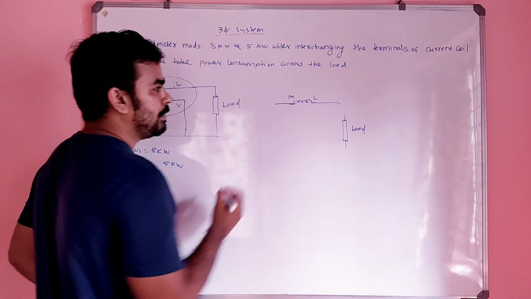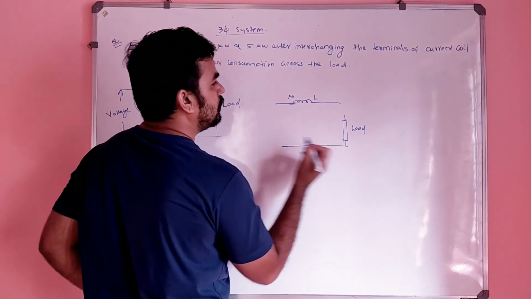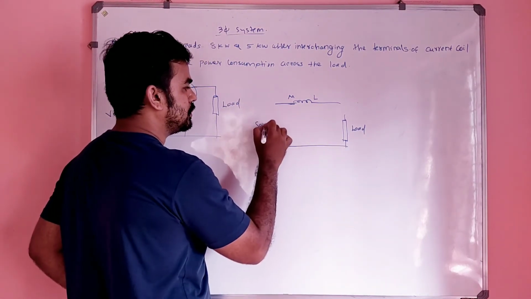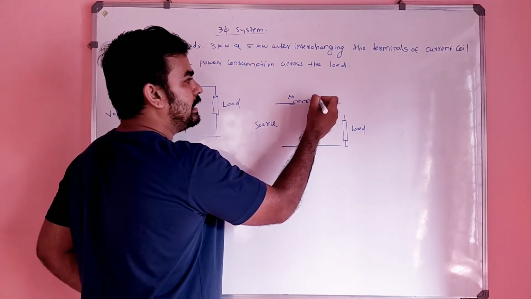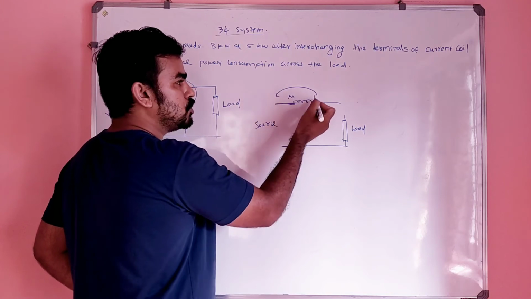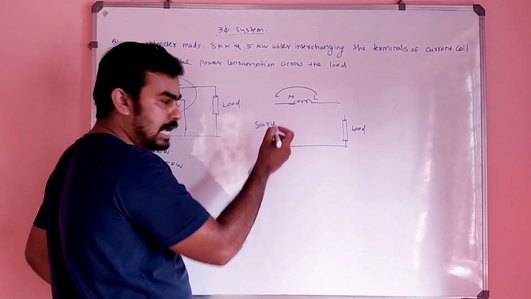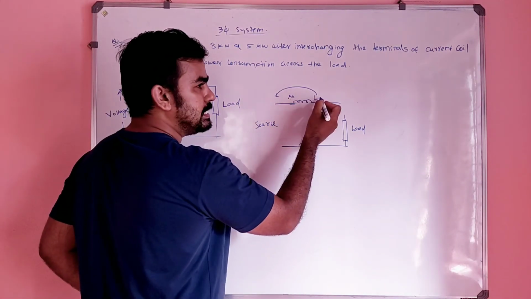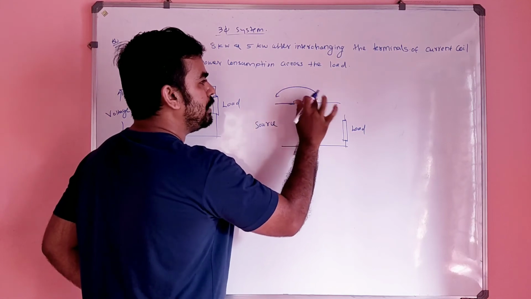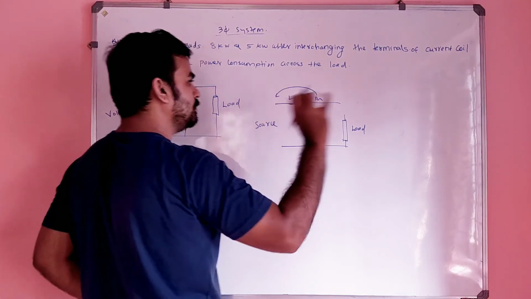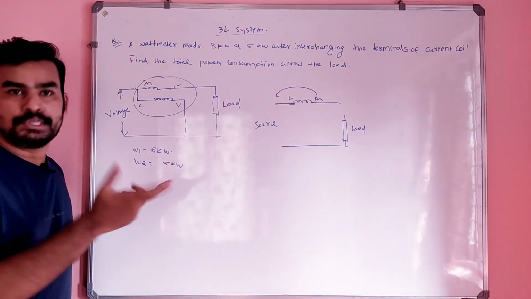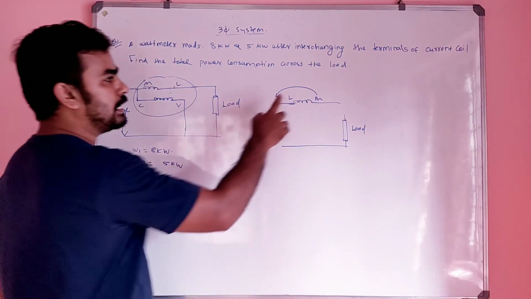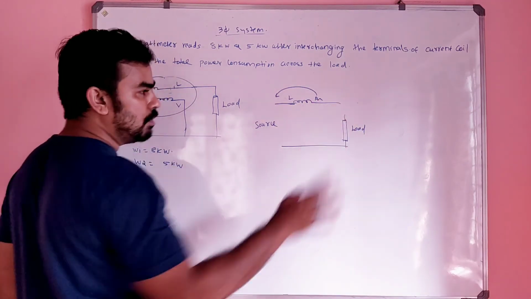This is the load, right? And there will be the source, right? On the source side, you have to connect L directly. On the load side, this is L and this is M. That is the meaning of interchanging the terminal: when you connect L to the source side and M to the load side,